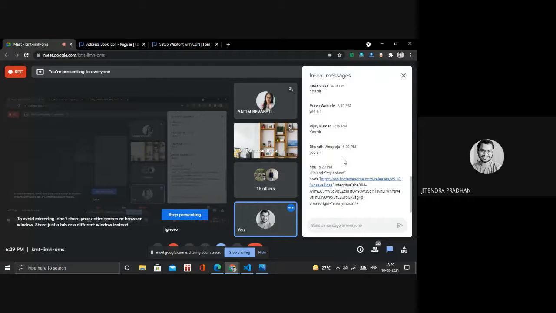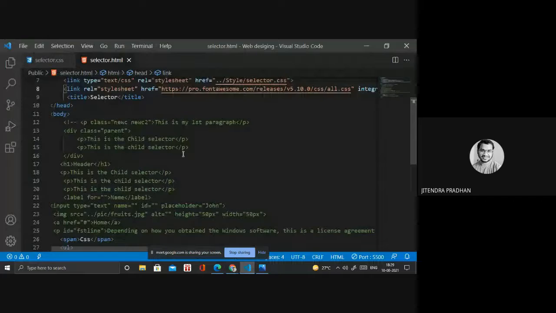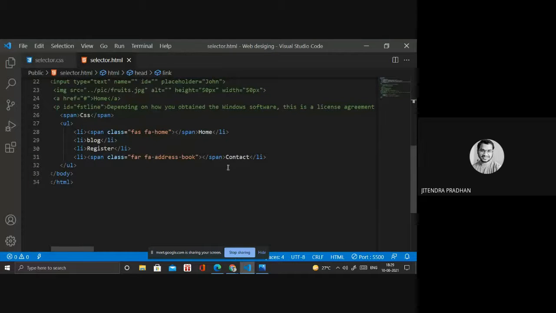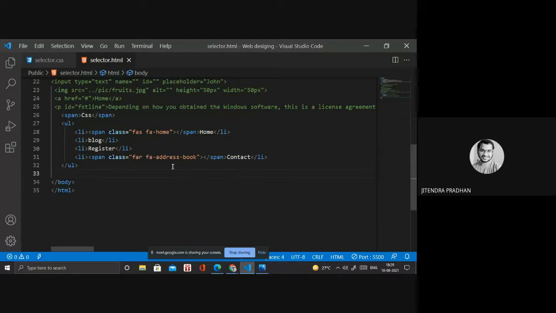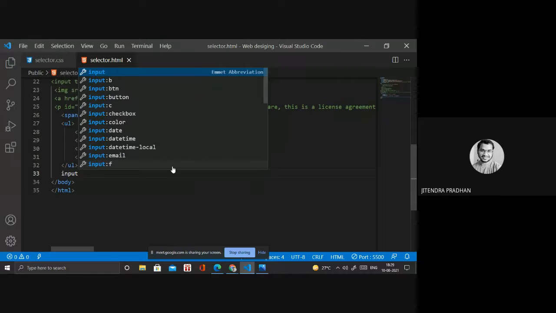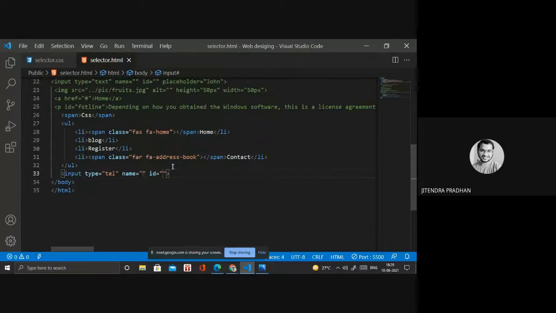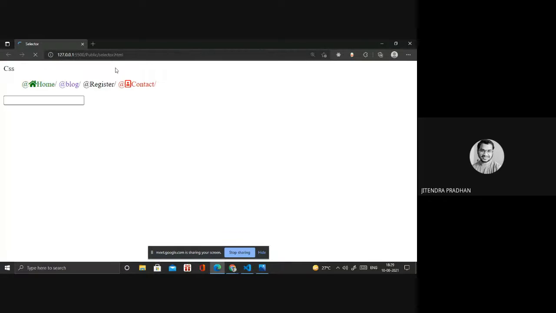Someone asked two days before how we apply a particular icon inside the input box, and whatever we are using inside that. Let's see how. I will show that also because it's a question from our interns, and it's difficult to do, but I will show you. Input, it's text. Okay, it's done.